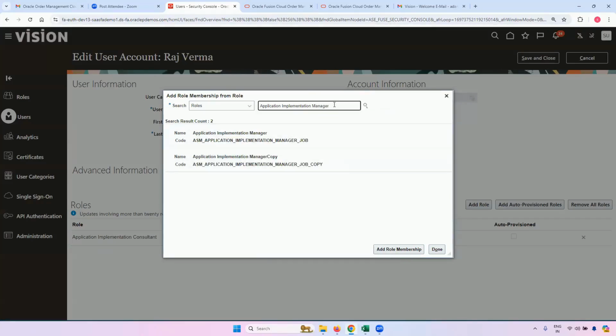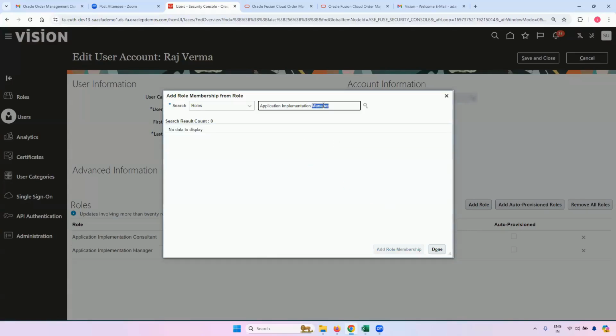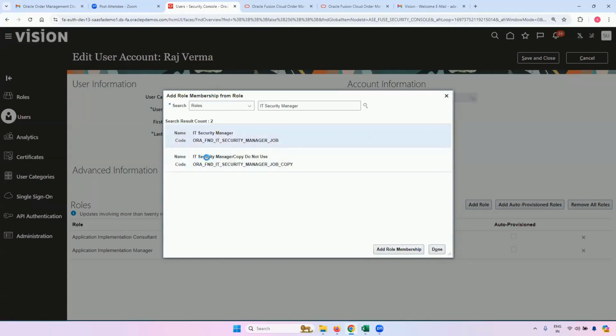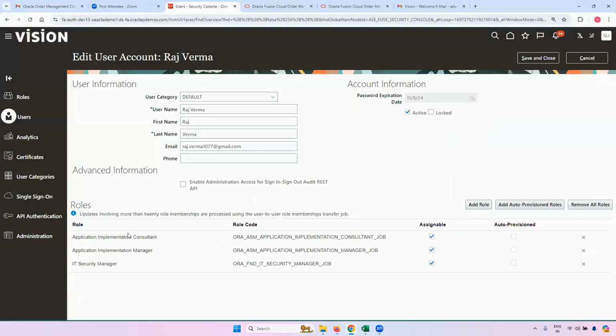See, so let me query it again. Aura one, always choose the Aura one. So even I was going to be mistaken, but no, I was able to recall. So those 2 I've given now. IT security manager. This one, yes, add role membership. That's it. All the 3 roles I have given to him.